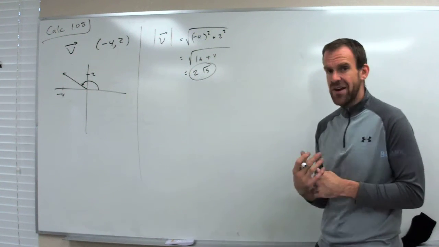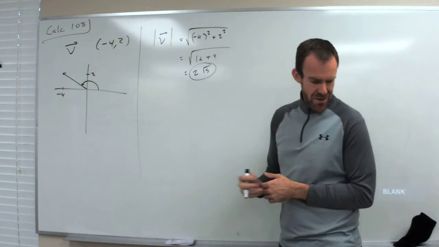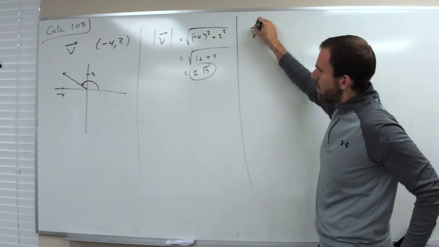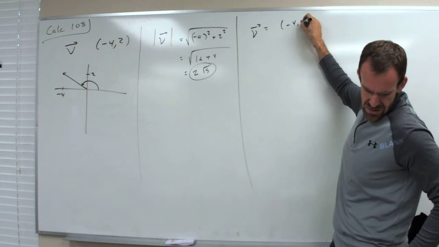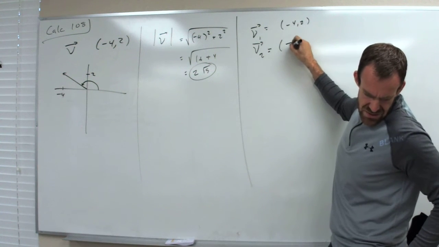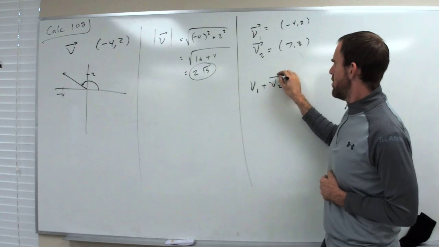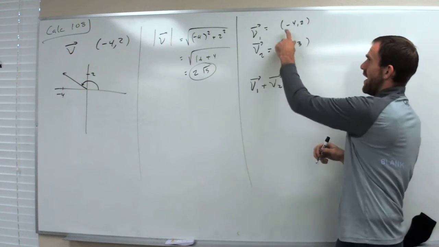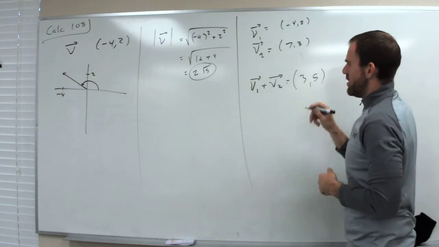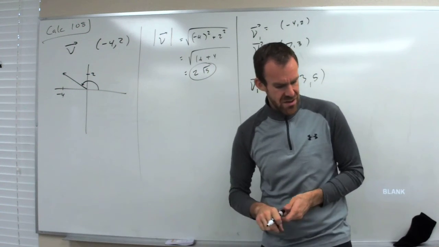So how do we add a vector? Well, we have to get it into rectangular form like this. Then we add the components. So let vector v1 be -4, 2, and vector v2 be 7, 3. Now we're going to add v1 plus v2. Simply add the x coordinates, so that would be 3, and 2 plus 3 is 5. And you're done. If it's in polar form, you have to convert it into rectangular form first in order to